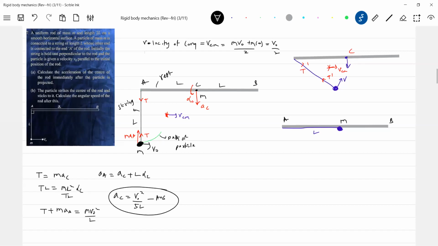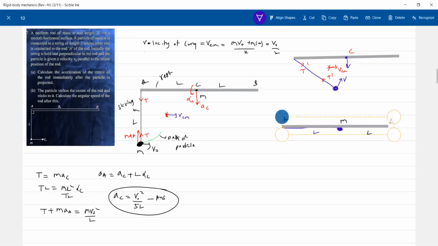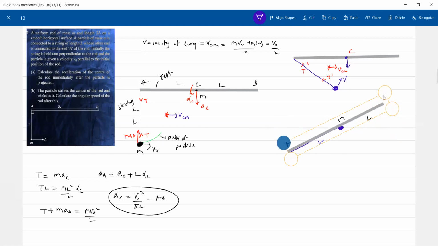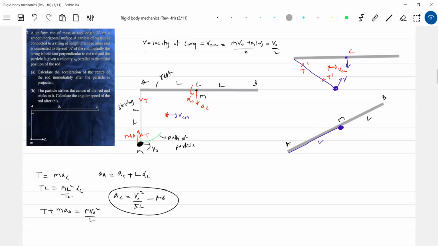So in the C frame, let's discuss the problem. The rod position will not be like this. I even changed the position also. It will come here and it will be rotating, no? Let it be this one. So let this angular velocity be omega. Where the center of mass of the system will come now will be here, no? So I'll apply conservation of angular momentum about the center of mass, not about the center of the rod, about the center of mass.